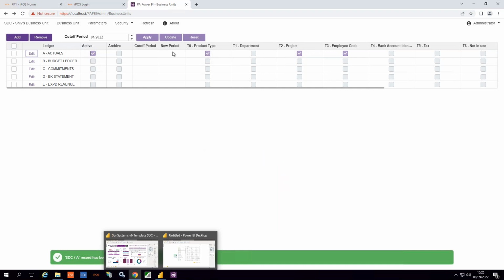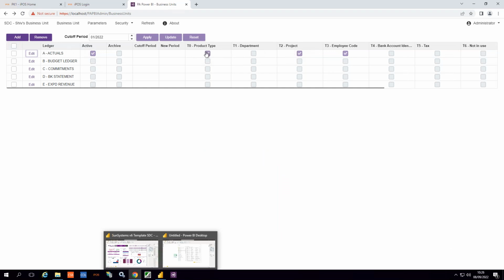And we've got our actuals ledger being warehoused now on T0, T2, and T3. At the moment, there's no cutoff period applied. That means we're bringing in every piece of data up to our current period. If I want to summarize that on a previous period, let's say period 12/2021, I can press apply